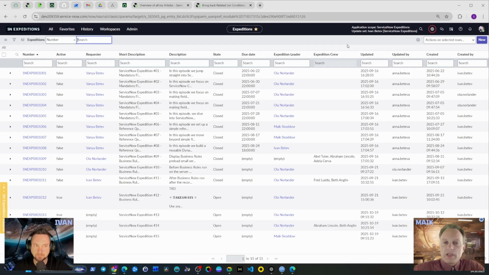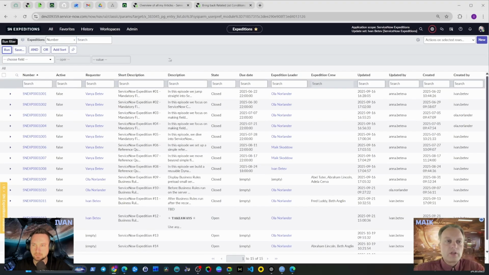Exactly. So what if we want to find out whether a certain user is in a certain company, or whether users have any email addresses stored or not? Here we have to dot walk via our condition builder. With the standard configuration in ServiceNow, you might not see an option to dot walk to another table. Therefore, you have to scroll down to the end of the list, and there you will find this special option,